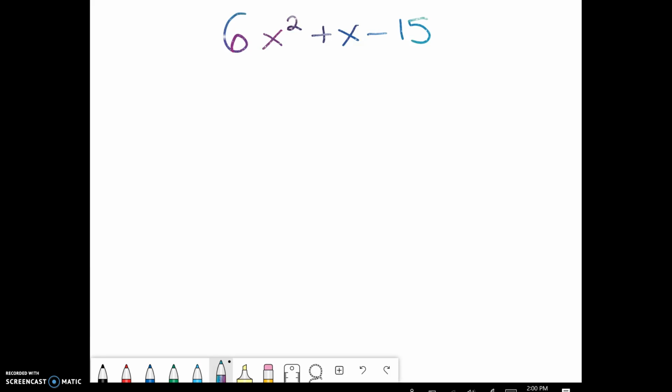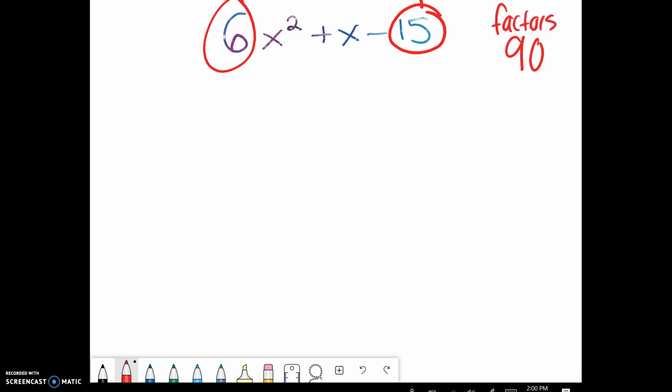All right, we're going to do one more trinomial factoring problem. This one has a leading coefficient that's not 1. So what we did is we started out by looking at what the product of A and C were. Okay, so if I multiply 6 times 15, I get 90. And I'm looking for factors of 90